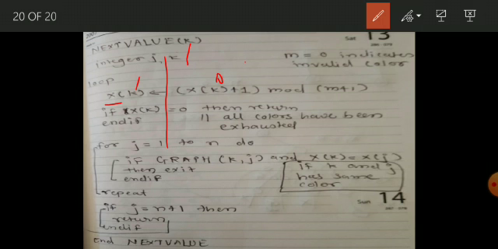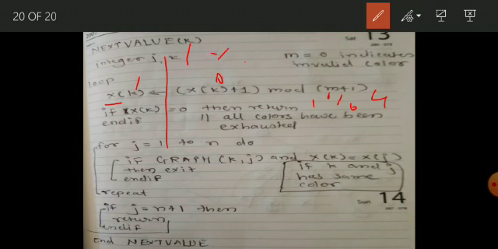So x of k is 0, so 0 plus 1 mod m plus 1, so that is going to be 1 mod m, which is 3, 3 plus 1 is 4. So 1 mod 4 will return the value 1.